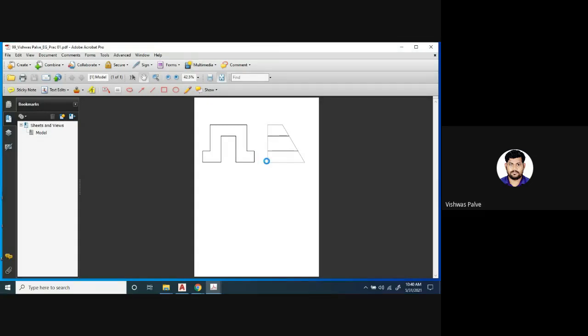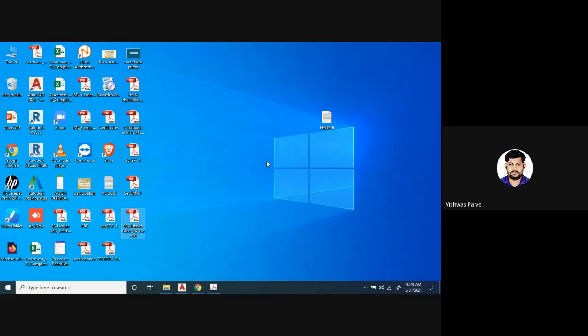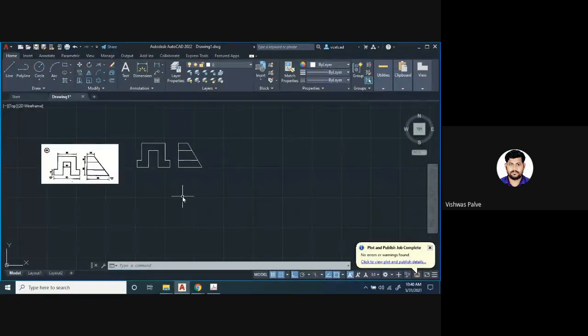In the second practical, I will show a few more features, how to write the name and all. At present, we are not going to write the name and all. In the next practical session, I will give you the name, the exact dimensions, and how to write the naming. Those features we are going to learn in the next practical. So I hope you will be able to upload today's assignment, today's practical.